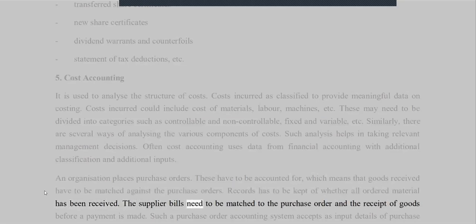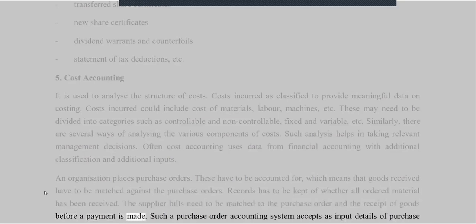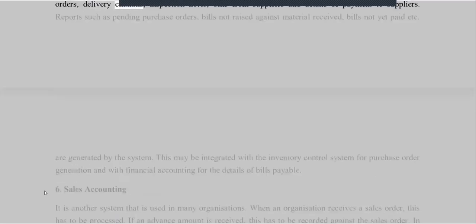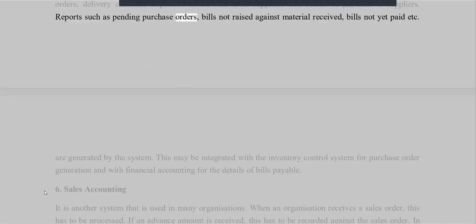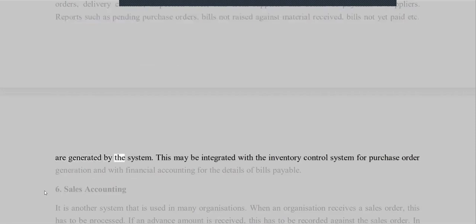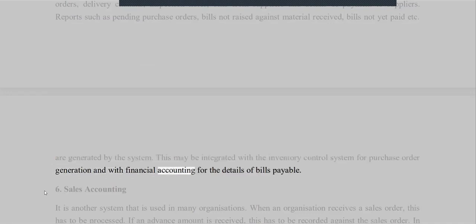The supplier bills need to be matched to the purchase order and the receipt of goods before a payment is made. Such a purchase order accounting system accepts as input details of purchase orders, delivery challan, inspection notes, bills from suppliers, and details of payment to suppliers. Reports such as pending purchase orders, bills not raised against material received, bills not yet paid, etc. are generated by the system. This may be integrated with the inventory control system for purchase order generation and with financial accounting for the details